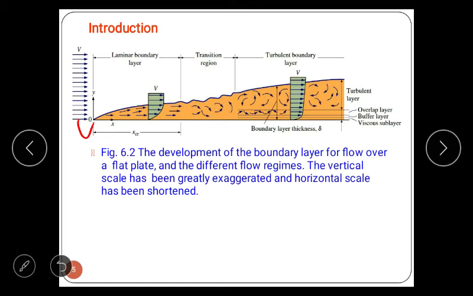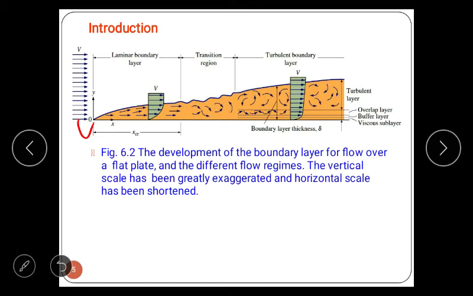When fluid passes over the flat plate, which is stationary and shown by a single line at the bottom, the laminar boundary layer is formed in the first region, meaning the fluid lines are parallel and not crossing each other. Also the Reynolds number in this case is less than